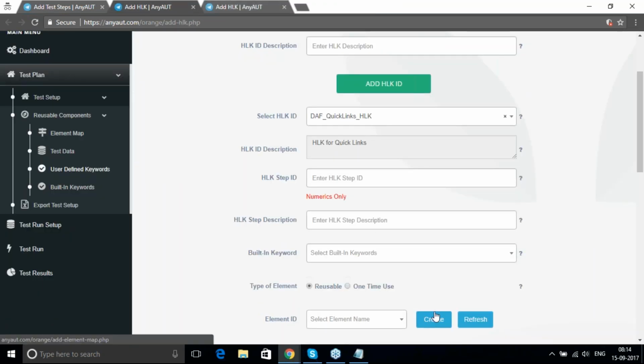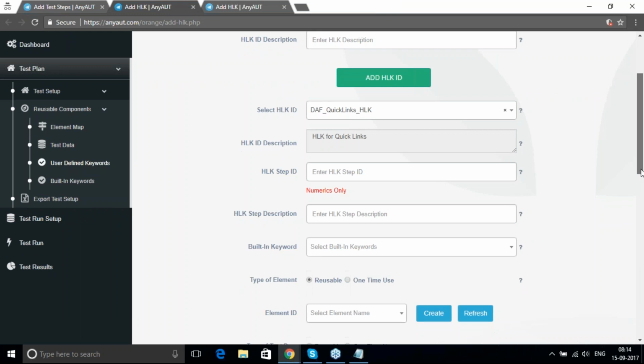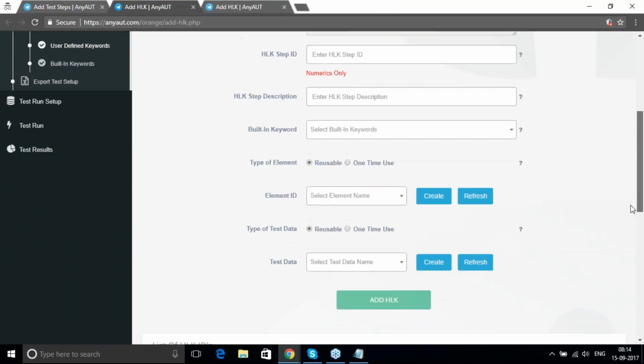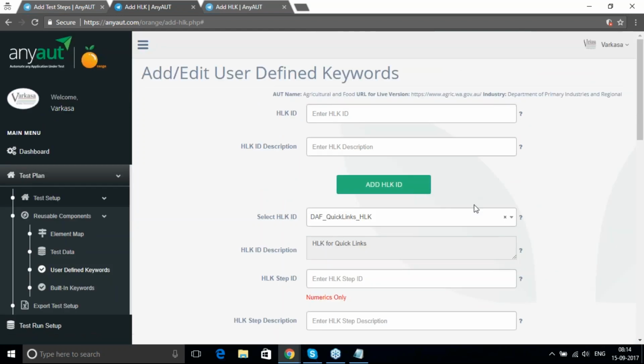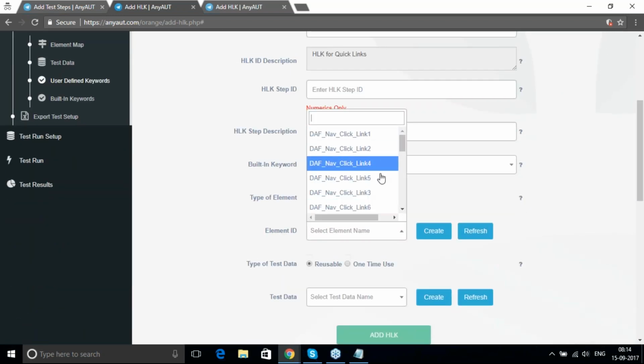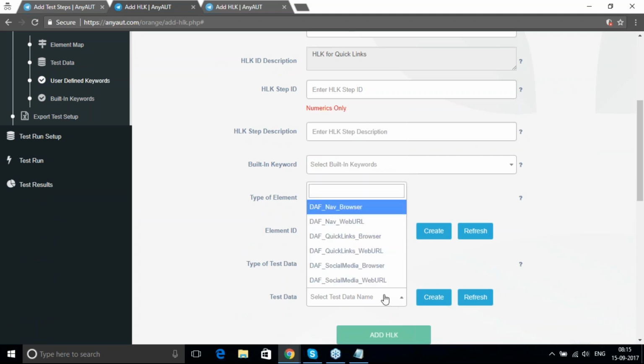Or else you can click this create option, which will open a new tab, and you can add the information. Once you add the information, if you click on refresh, you will be able to see the created reusable component, like element ID or test data. Okay,